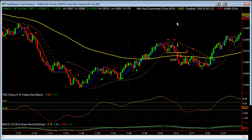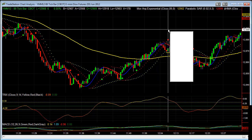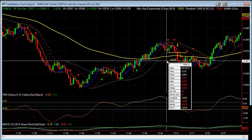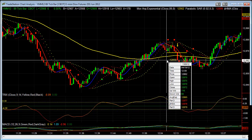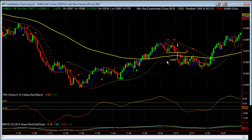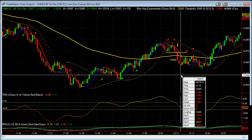I took one last trade at 12:14, 3:14 Eastern. Again, that was a short trade. And it was a break of this little pivot once I had a trigger that fired right here. Didn't take the trigger, I just wanted this little pivot to break. But a trigger entry was the impetus for the trade right here. We got short at 12,868. I initially had a 15-point target on that, but we came down to, I think, within about one tick of that,